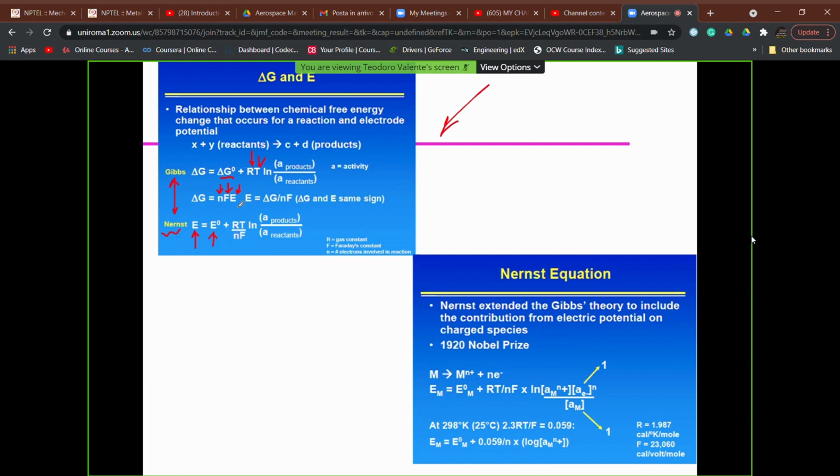And then we have the last terms with, again, the universal gas constant, the absolute temperature, the number of charges, that is of electrons, which are involved in the reaction, the Faraday constant, F, which appears also in the formulation of delta G, and then the logarithm of the activities of products and reactants. In our cases, in which we do not have very concentrated solutions,